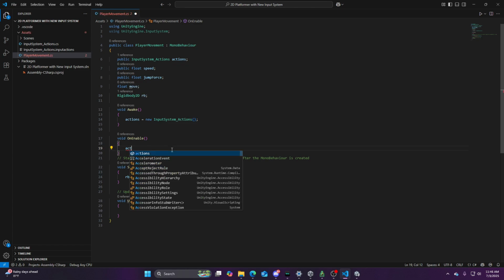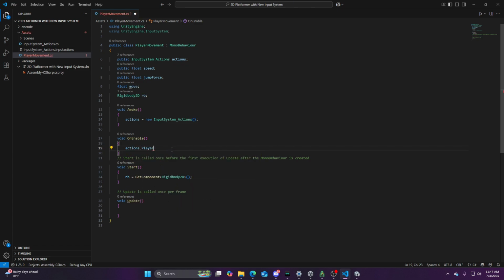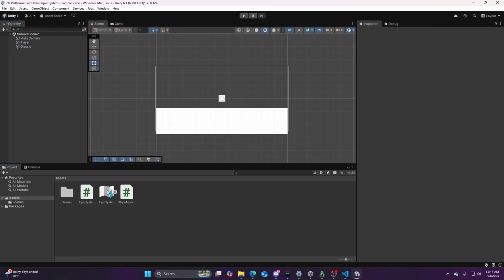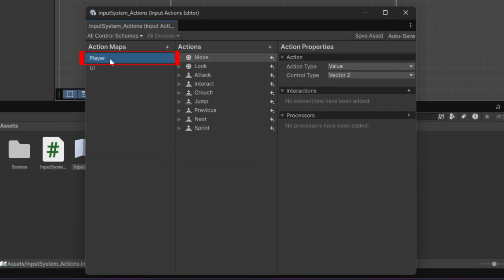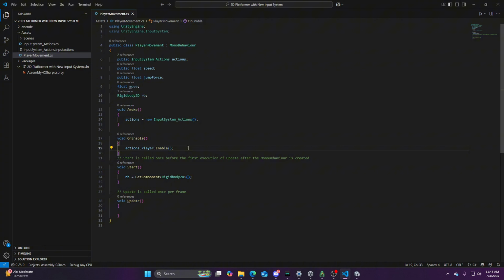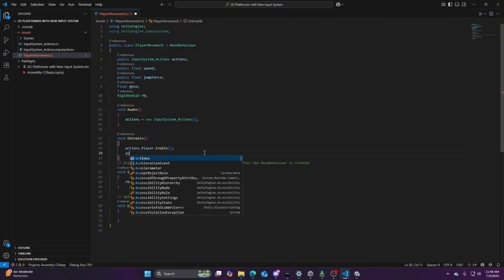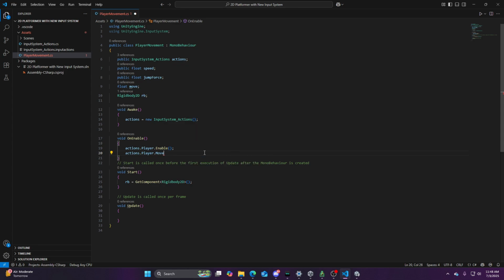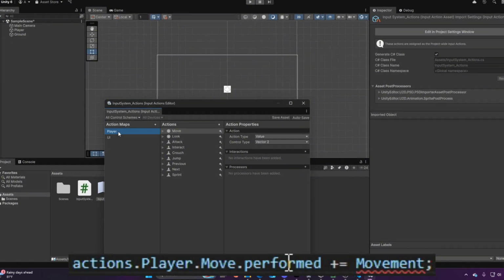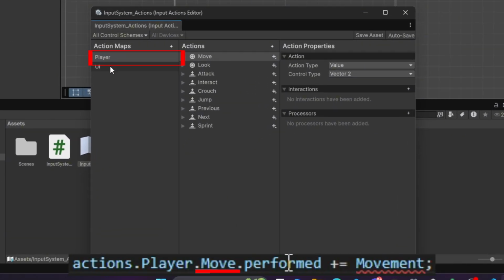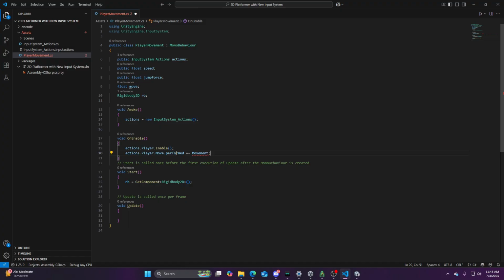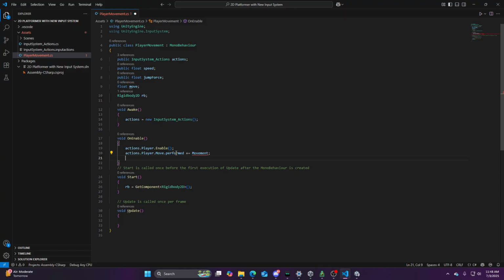Inside this method, we'll type in actions.Player.Enable. This will enable an action map inside our action asset called Player so that the actions inside said action map can be used inside this script. Once we enable the action map, we'll type in actions.Player.Move.performed += Movement. Now what's happening here is that we go through the Player action map and search for an action called Move, detect if the action is performed, and then use that on a method called Movement, which we'll be making later. And do the same thing with the jumping mechanic by typing